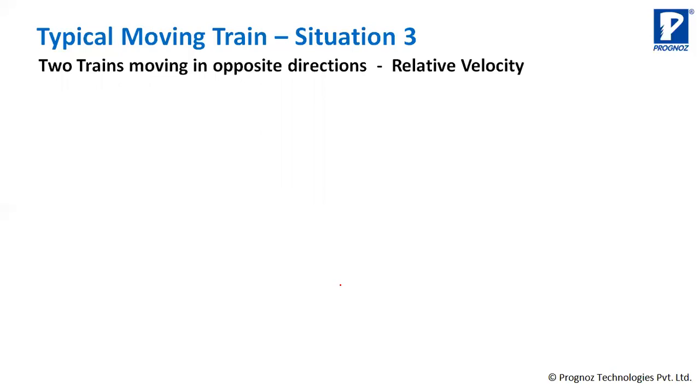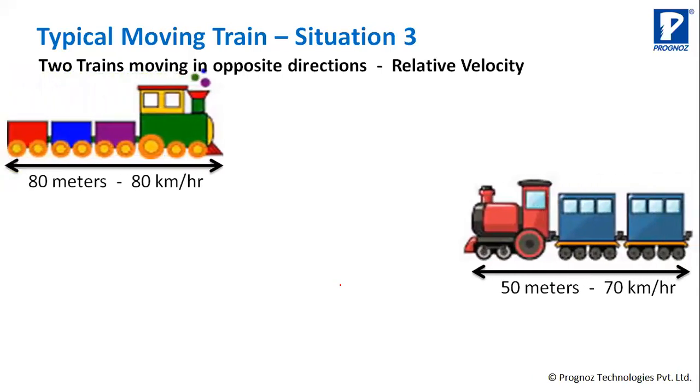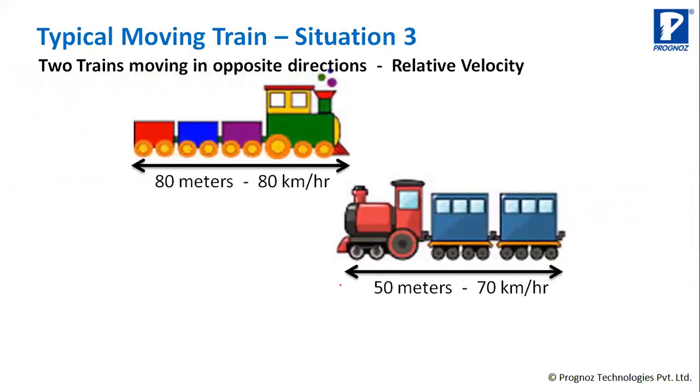Actually, what happens at that point of time is that your train's speed is also transferred onto the other train's speed, and that looks very fast because that train's speed looks to you like your train's speed plus that train's speed. This is basically a relative velocity problem. So, two trains are coming. Now from this point, both the trains will cross each other.